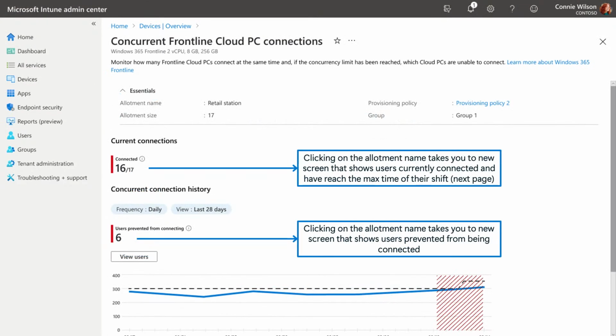Here, we can see a historical view of concurrency for the last 28 days aggregated hourly or daily. We've added a section for the admin to click and see which users are connected. In the future, we will be adding also a section that shows users prevented from connecting because of max concurrency being reached. This is the part of the report that could help admins make decisions on resizing the pool of